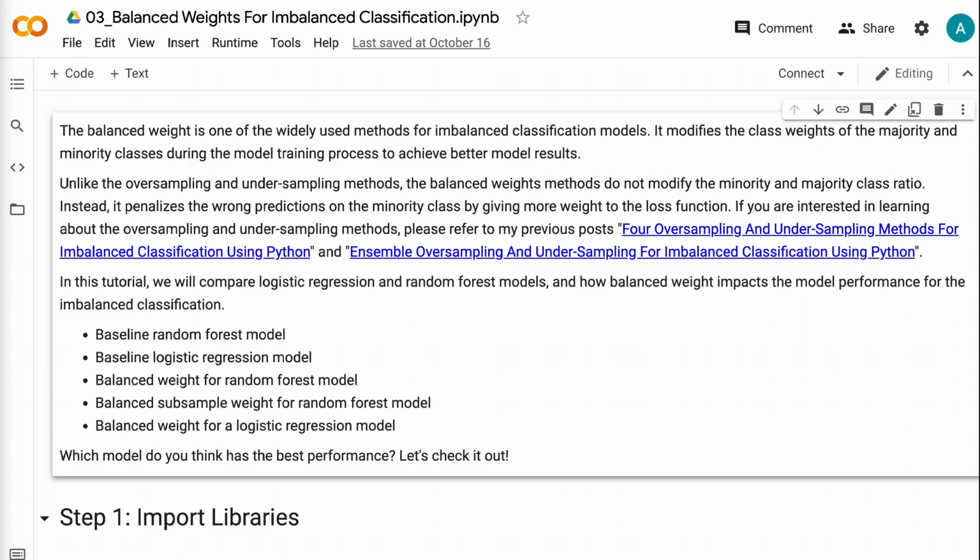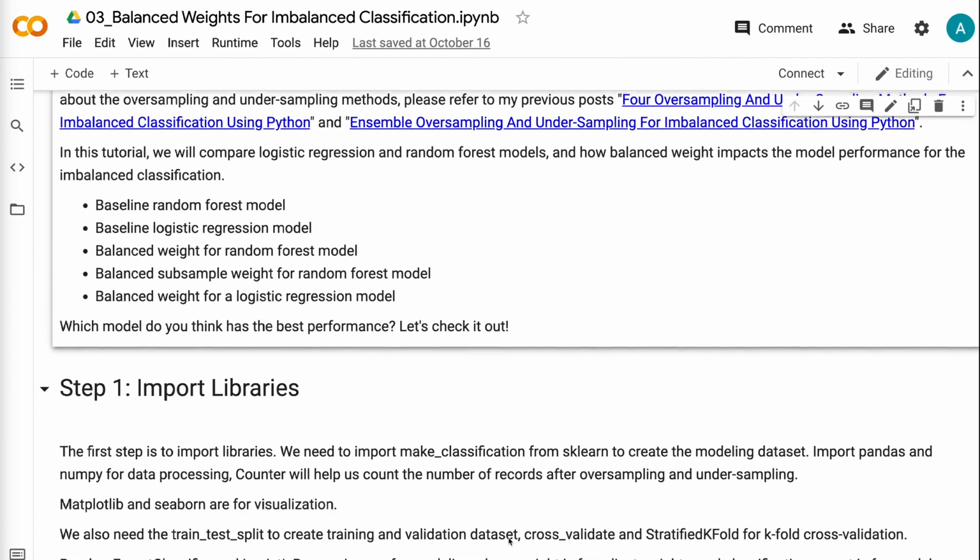The balanced weight is one of the widely used methods for imbalanced classification models. Unlike the oversampling and undersampling methods, the balanced weights methods do not modify the minority and majority class ratio. Instead, it penalizes the wrong predictions on the minority class by giving more weight to the loss function. In this tutorial, we will compare logistic regression and random forest models, and how balanced weight impacts the model performance